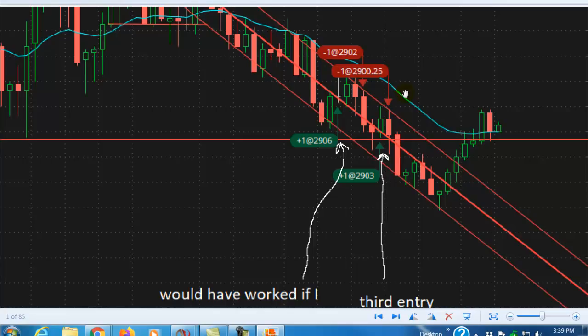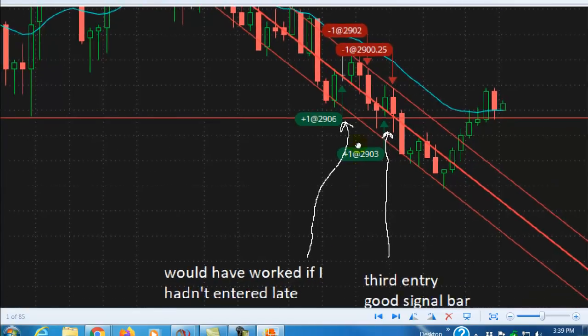So the play here is do nothing, because you don't know which one's going to win out. And if we're not sure of what prices are going to do, and we take a trade like one here and one here, we just took two gambles and we lost both times. That's what happens to you. On this one